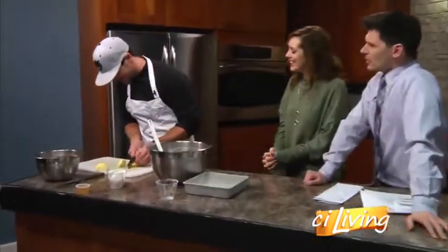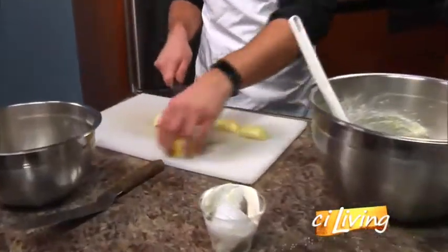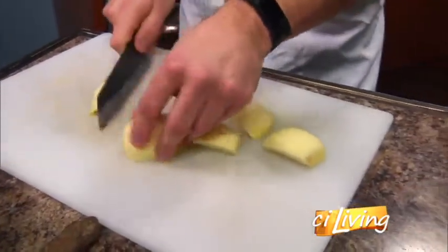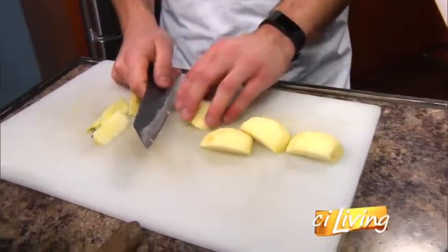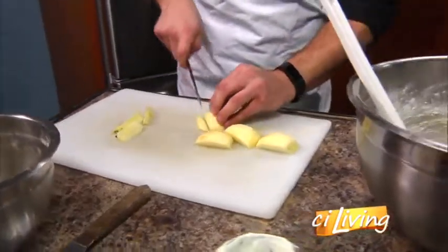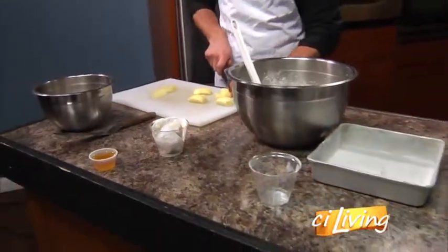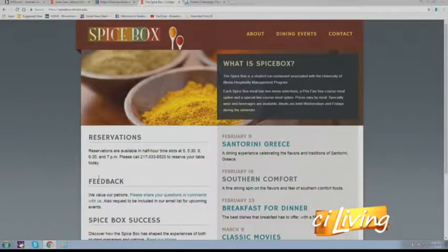Holy moly. Is there one kind of apple that works better in this? So the best apples for this are going to be baking apples. This specifically is a Braeburn apple. You really wouldn't want to use a quote-unquote eating apple for this, just because it's going to water it down. It's going to give it kind of a tart flavor. We haven't got time for that. No, nobody wants that. You're going to keep slicing, dicing, and mixing. Absolutely. And then we'll have the big reveal coming up. He's actually shared this recipe with us, which you will find on CILiving.tv. Thanks for doing that. Yeah, that's great. All right, coming